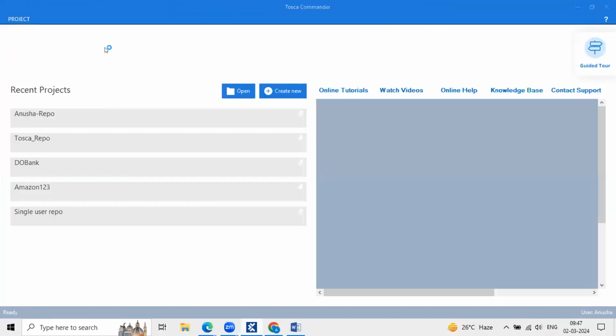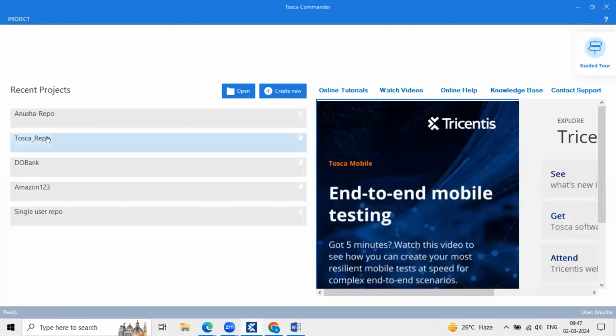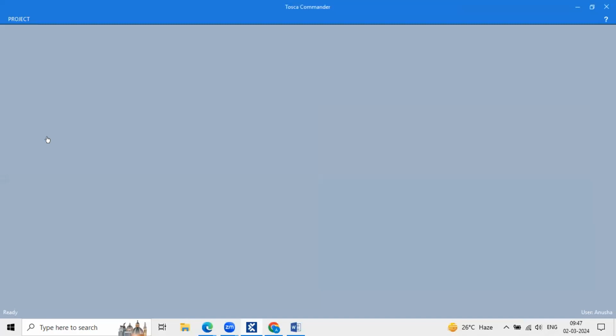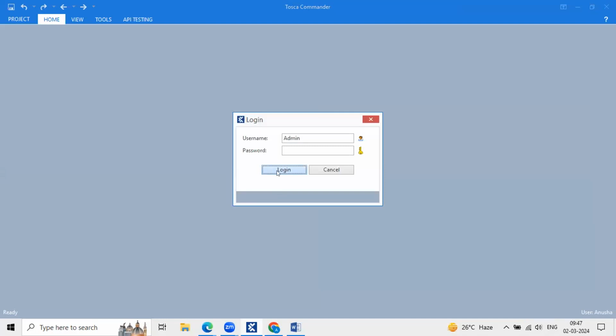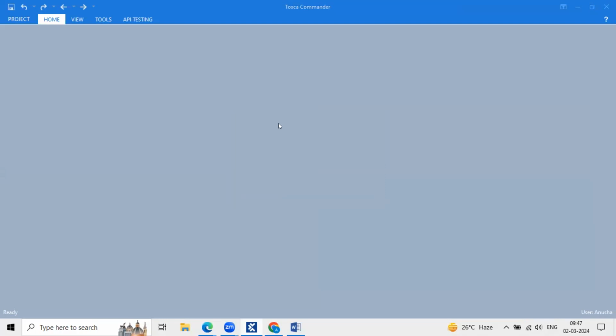Yes, Ansha. Okay. Just open your project. First, I'll explain this way how to create users. Later, I'll ask you people to share your screen and you can create your side as well. Okay. And log in with the admin credentials. Once you log in with the admin credentials,